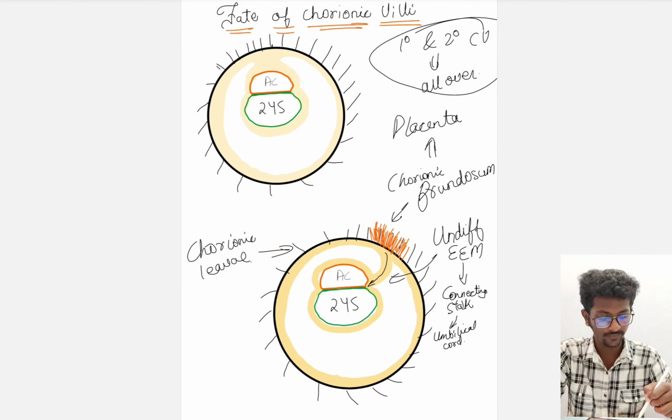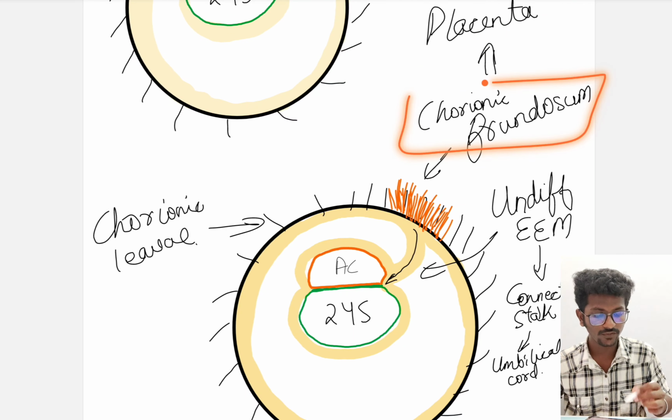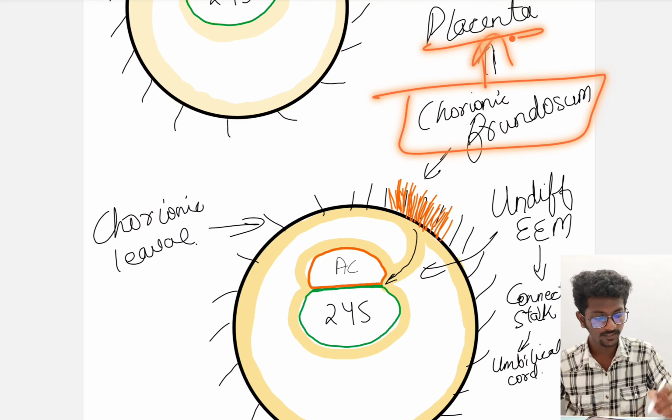and the fetal blood vessels will be formed only in those chorionic villi which are in contact with the undifferentiated extraembryonic mesoderm. So those are going to form the placenta. It will stay with the embryo till the birth. So they are called the chorionic frondosum, through which the placenta will be formed,